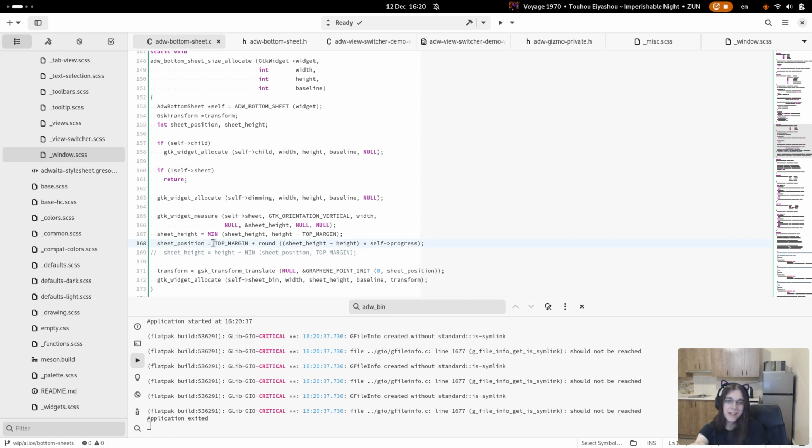Okay, I guess I'll need to rethink it entirely. First of all, let's move height here, because we'll need to count everything from below. Next we have progress. If it's 0, it's at the bottom.